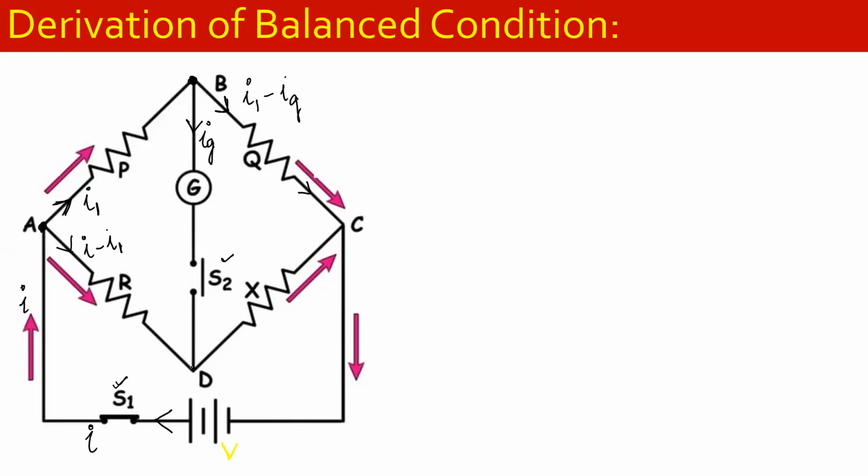This IG current will reach another junction, that is D, and from the junction A, I minus I1 current is flowing. This I minus I1 and this IG are reaching junction D, and both these currents will be added, and this combined current, that is I minus I1 plus IG, will flow through the branch DC. Once the current I minus I1 plus IG flows through DC, and through BC branch I1 minus IG current flows and reaches